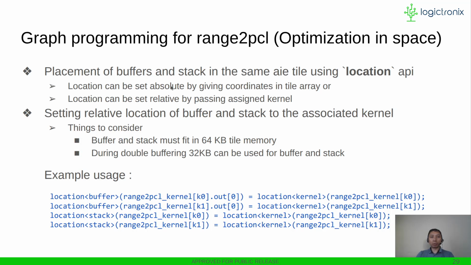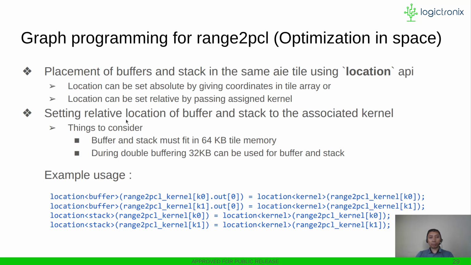One is absolute location, so you can give the row and column of the tile number where you want to store the buffer and stack for the particular tile. And another is the relative location, where you give the name of the AI engine kernel corresponding to which the buffers have to be